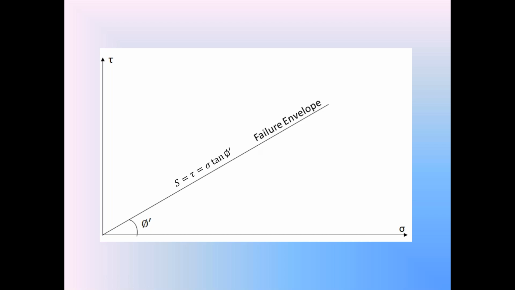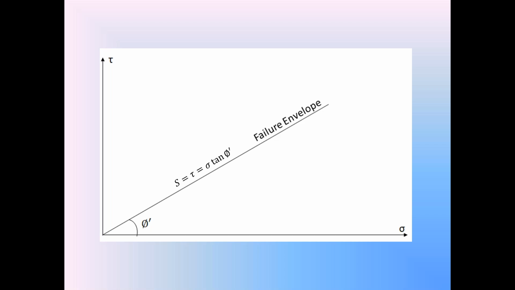By using the Mohr-Coulomb equation, the shear strength of soil is S is equal to C plus sigma tan phi. In cohesionless soils, C is 0. So the shear strength of the soil S is equal to sigma tan phi. I can draw the graph by using that equation. The normal stress in the soil is taken on the x-axis, and the shear stress in the cohesionless soil on the y-axis. Then, according to the equation tau is equal to sigma tan phi, I will get a straight line passing through the origin. This straight line is called the failure envelope of the cohesionless soils.